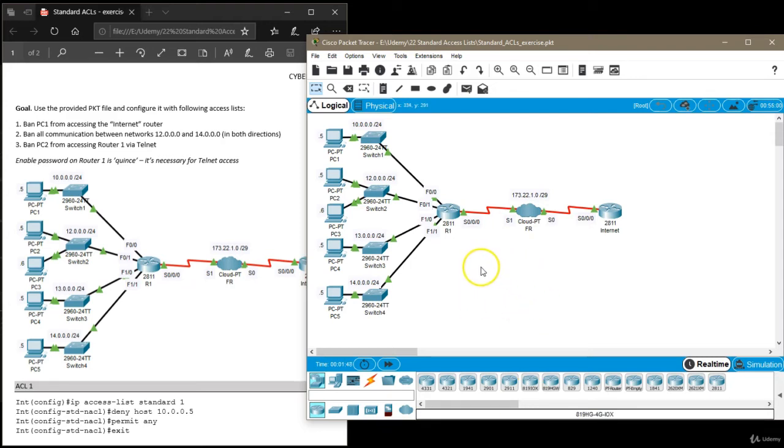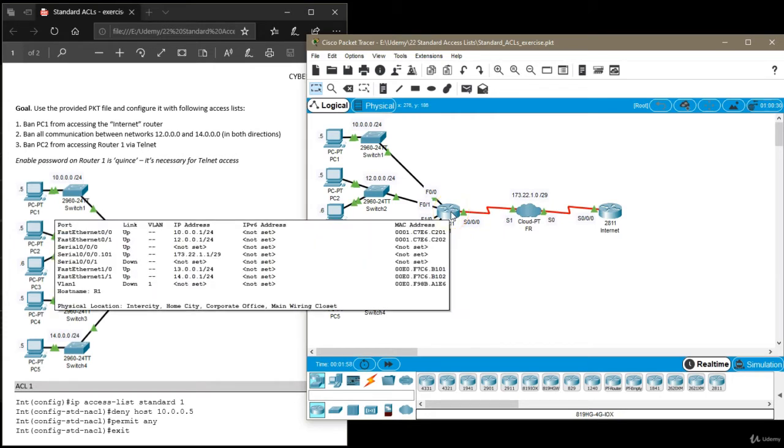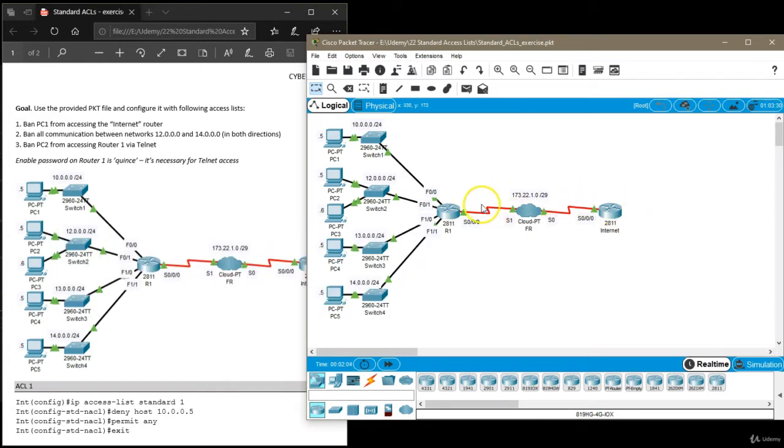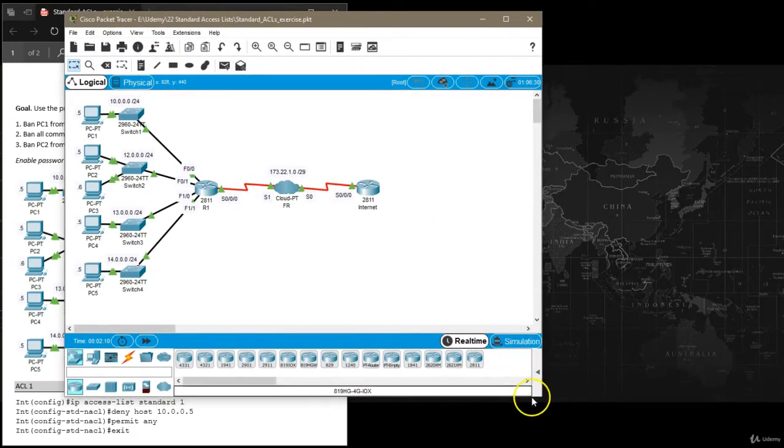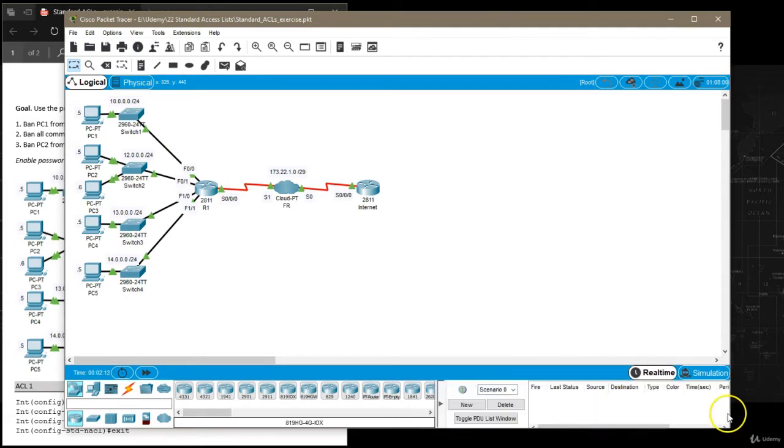In this Packet Tracer file, everything is pre-configured: IP addresses on PCs, on routers, frame relay. On both of these routers, we have the sub-interface, serial 0/0/0.101. It's a point-to-point frame relay link. So that's as well configured. Routing is configured, so we can, for example, try to ping this router internet from the PCs just to check